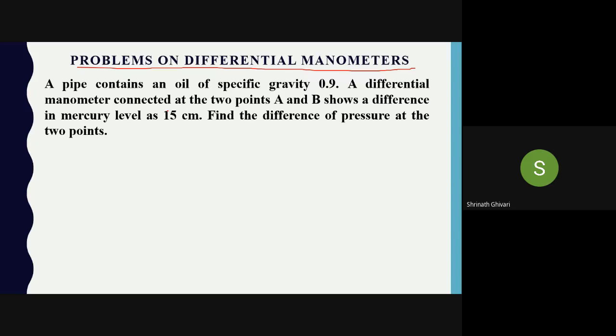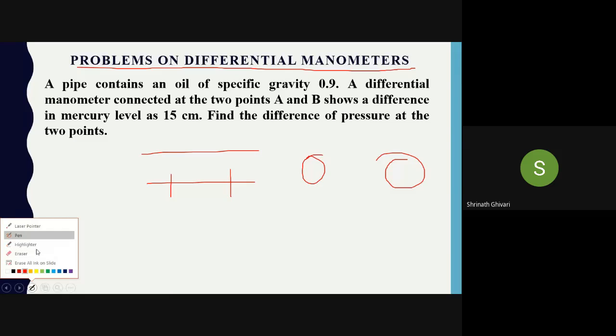Are we measuring it in the same pipe or two different pipes? If this is the same pipe, can I measure the pressure difference at two points in the same pipe? If there are two separate pipes, can I measure the pressure difference between those two pipes? Based on this concept we are going to solve some problems, and we have even studied the inverted U-tube differential manometer.